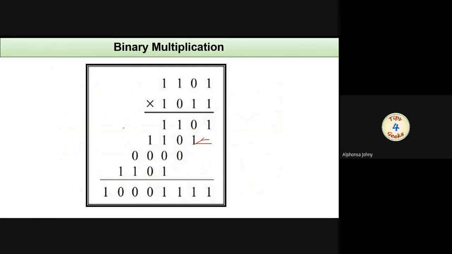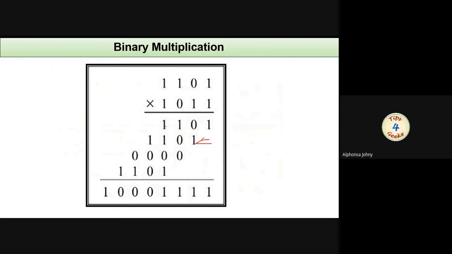There is an easy rule. If the bit in the multiplier is 1, what we have to do is just copy the multiplicand in the respective positions. If the bit in the multiplier is 0, the partial product becomes 0, and we only maintain the relative position. So we can start the addition. 1, 1, 1. There is no other bit to add. 1 plus 0, the answer is 1. 1 plus 0 plus 0, the answer is 1.